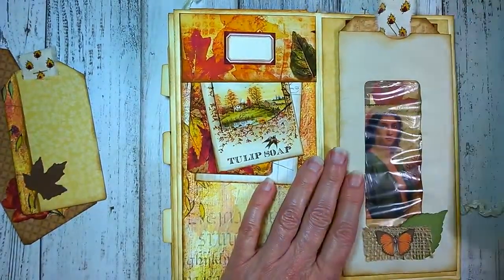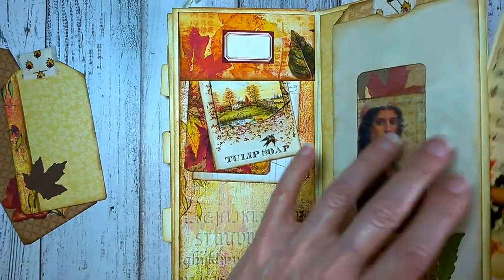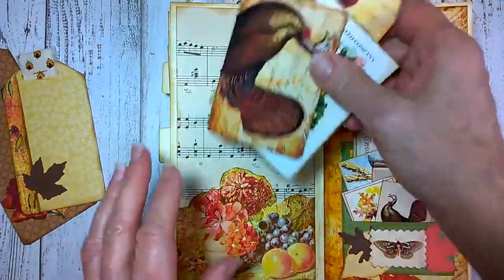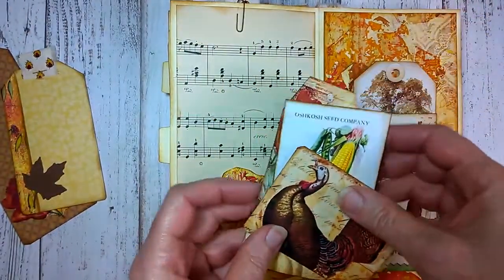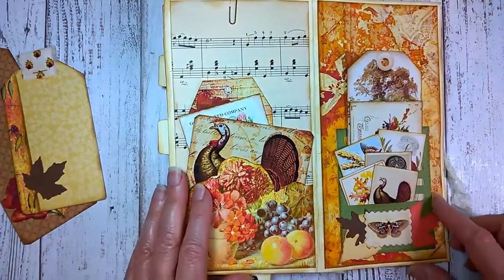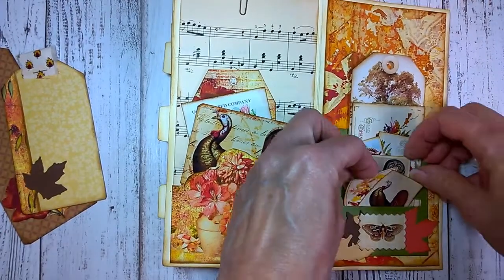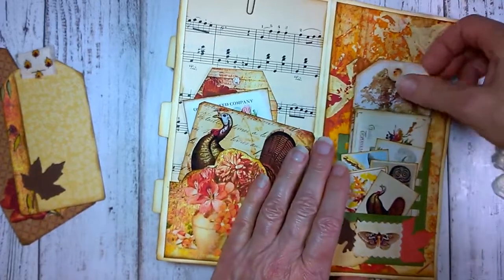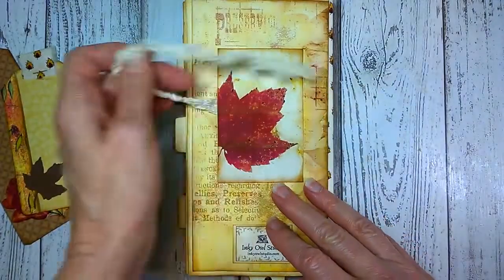And the mega tag in the side of this pocket. So that's the last one, fifth one. And here are some more. A little turkey, gotta have a turkey in the fall. A little garden harvest there. And a Tim Holtz die cut with these tiny, teeny, cute little cards. And a little tag in the back. So that is the Folio